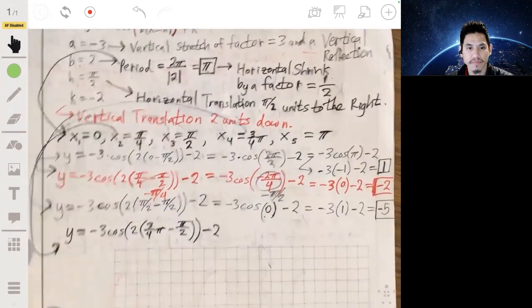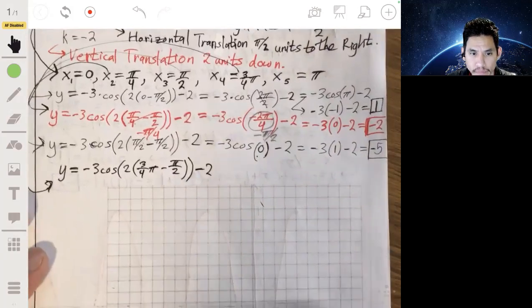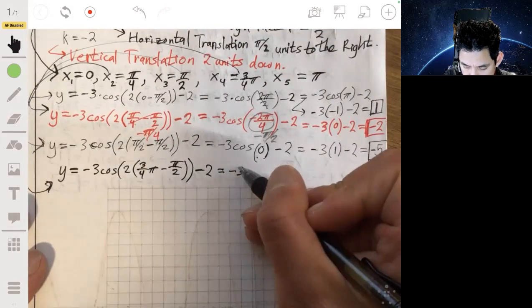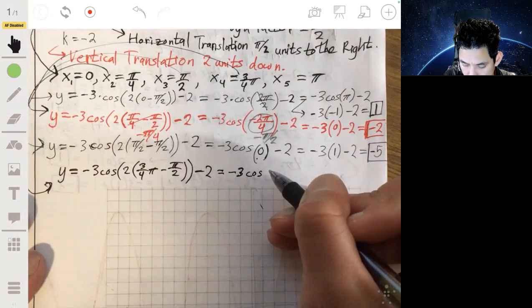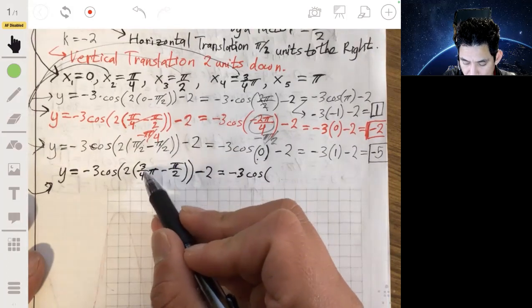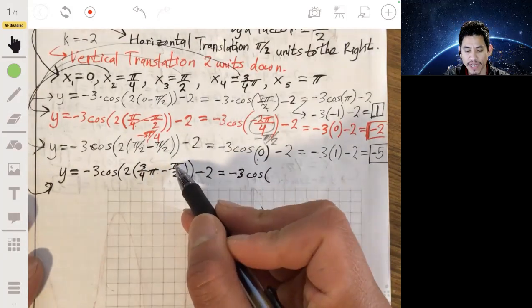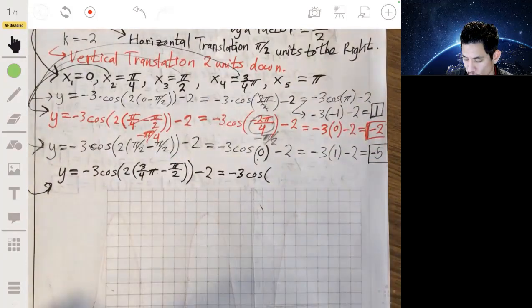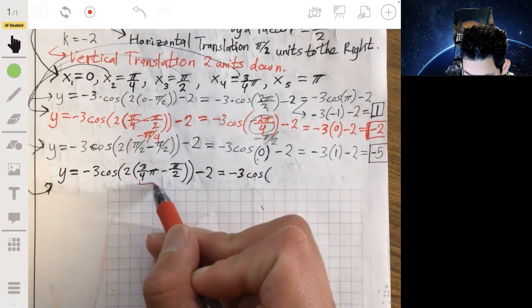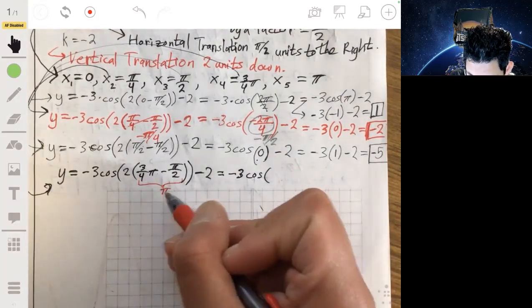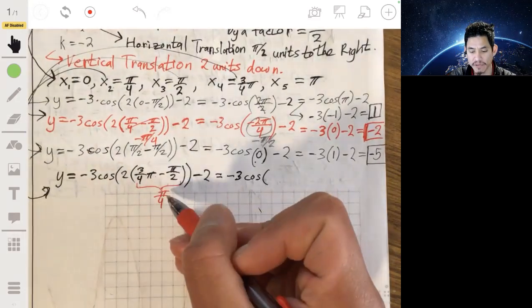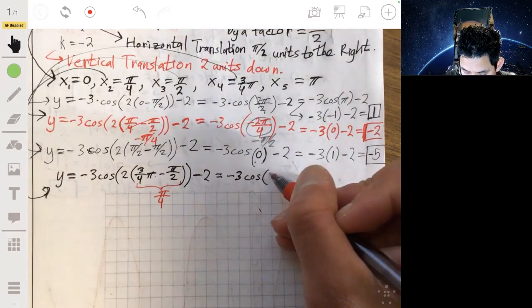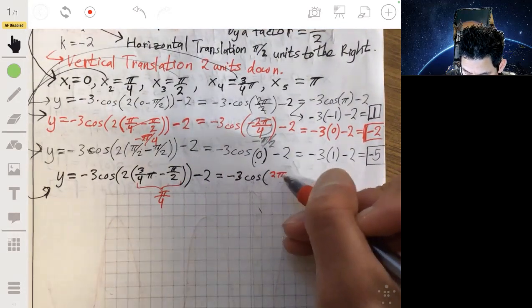Zoom out a little bit. And then we get -3 times the cosine of 2 pi. So here we have 3/4 pi minus 1/2 pi. And this will end up being just 1/4 pi, or pi over 4. So 3/4 minus 1/2 is 1/4. So then we have 2 times 1/4 in there. So then we essentially just have 2/4 pi, or 2 pi over 4